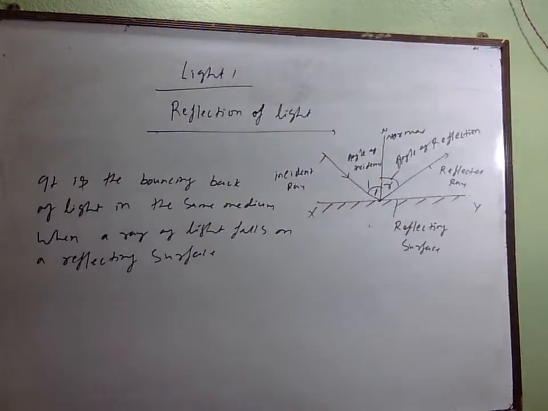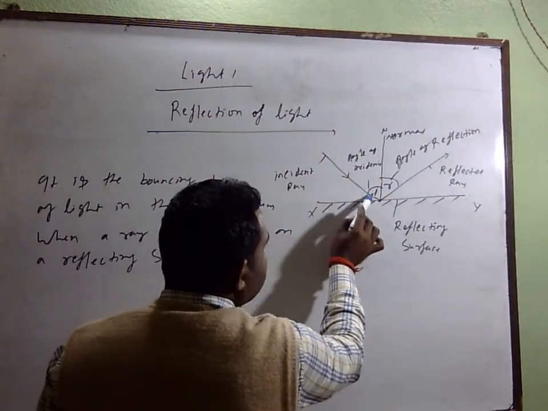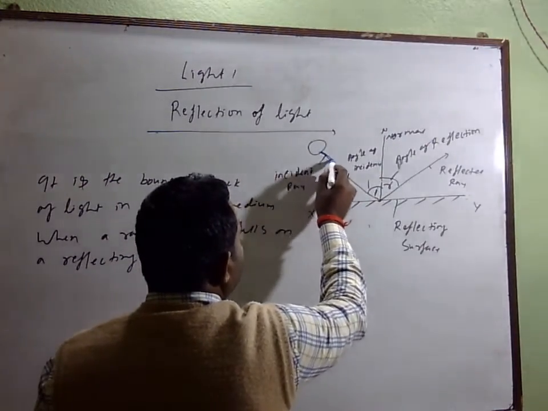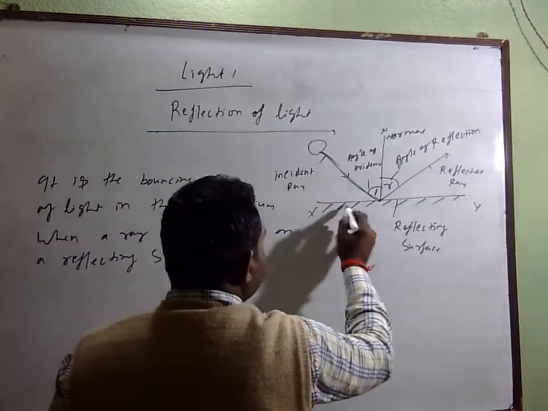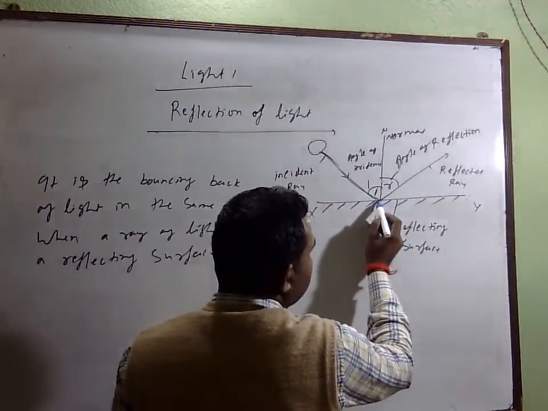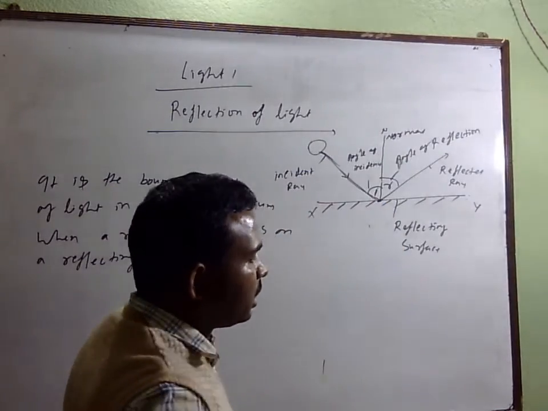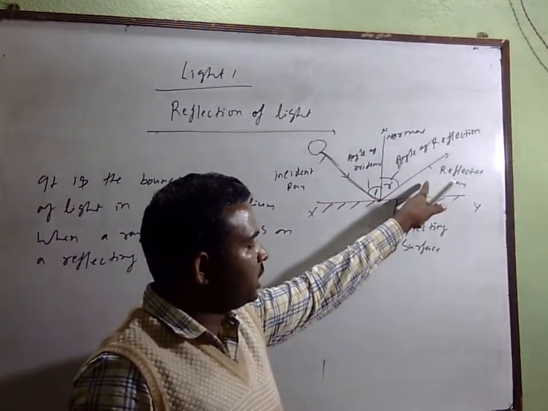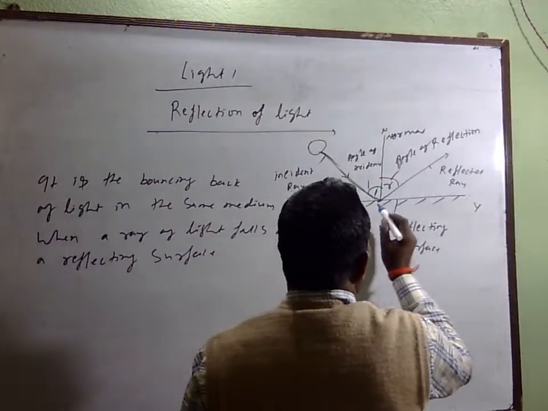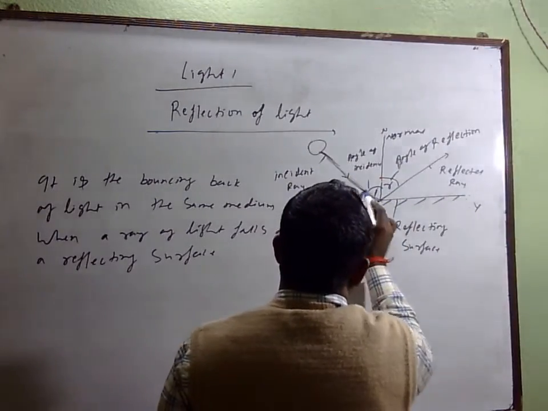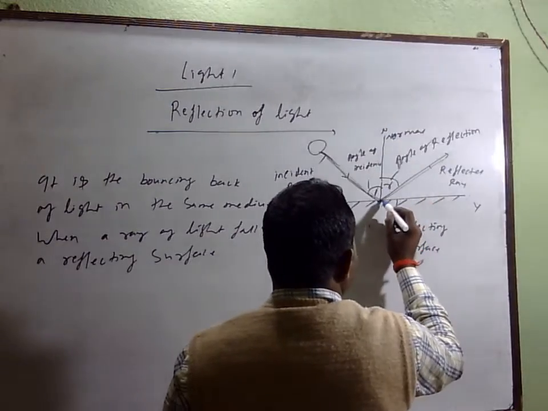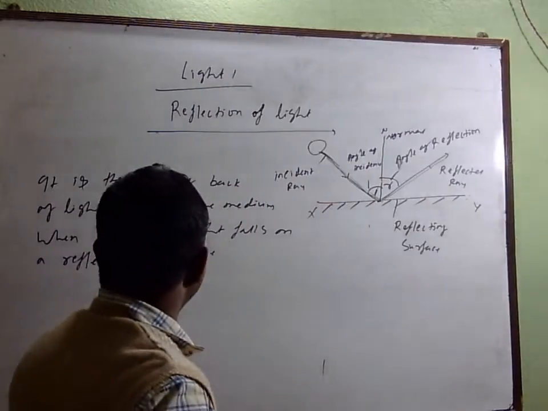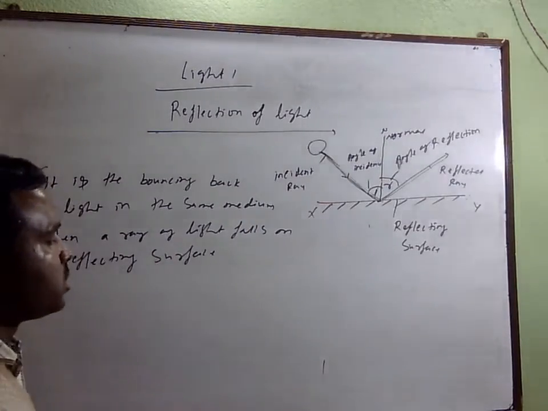You know that this is the ray of light. Suppose that there is one object, and the ray of light is traveling and falls on this mirror. Whenever it is incident, this point is called the point of incidence, and from this point the ray bounces in the same medium. You see that the incident ray, reflected ray and normal all three lie at the same point. Angles i and r will always be equal. So this you can write, and it is of two types.